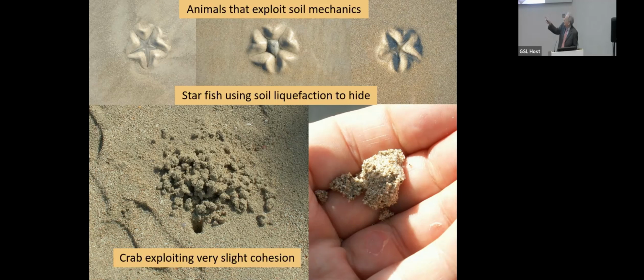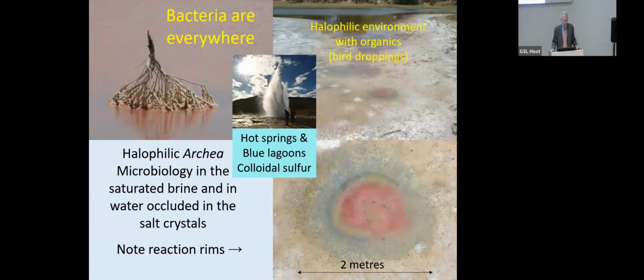And how on earth a crab can make those little balls of sand when I couldn't pick one up and keep it intact, and yet it can burrow, carry it out of the burrow. I presume it must be putting some sort of slime on it to hold it together. But quite amazing. And of course you get the soil mechanic spider, which you see everywhere, little round, conical holes. This coming down the scale, bacteria, top left,